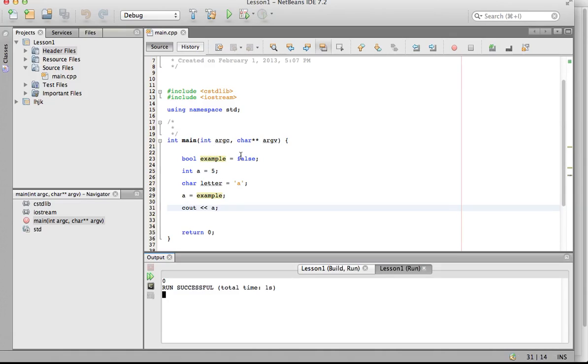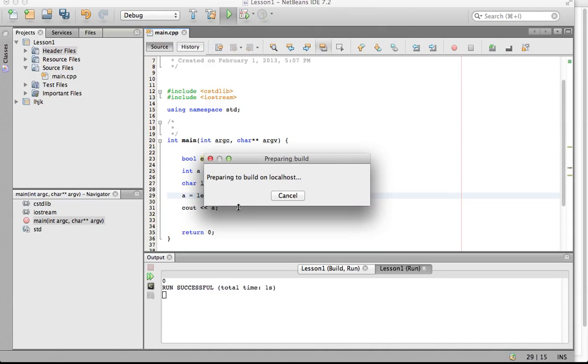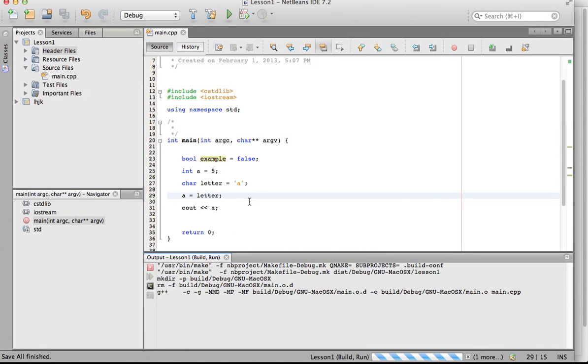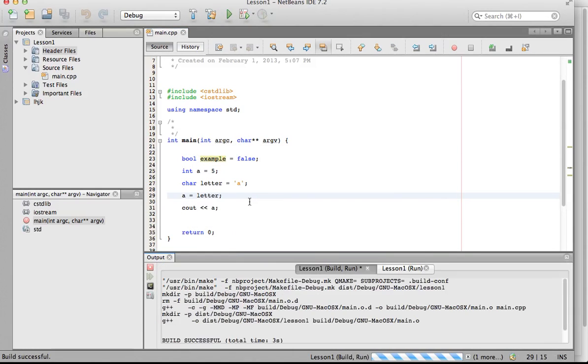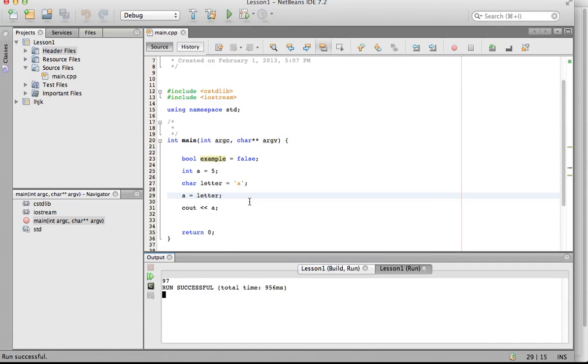You can also say a equals a letter. That's because, once again, it's just a string of bits. The data type lets you know what the bits actually relate to. See, the character A actually has the number 97 representation. If you want to know why it's 97, you should actually pull up an ASCII table,